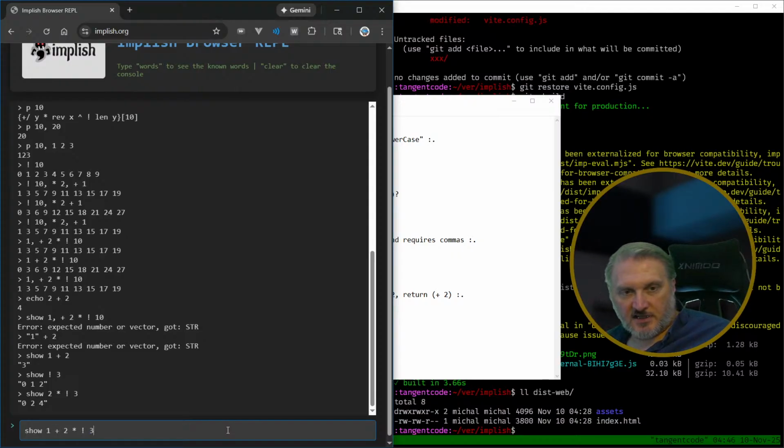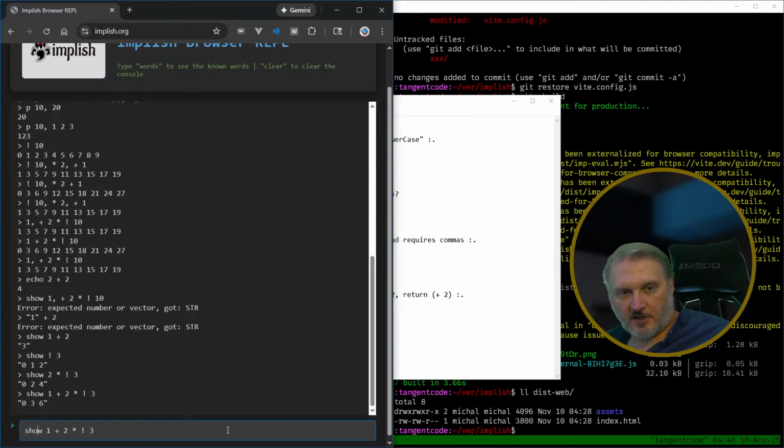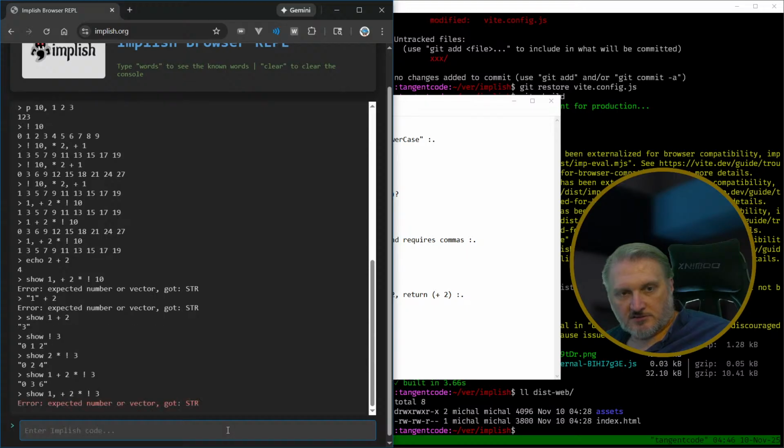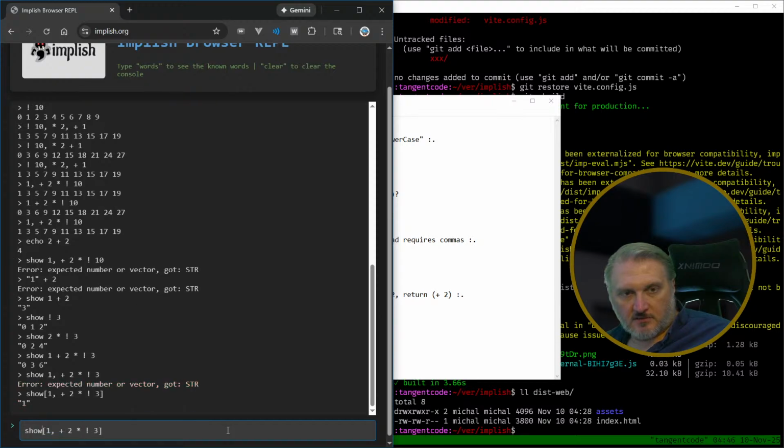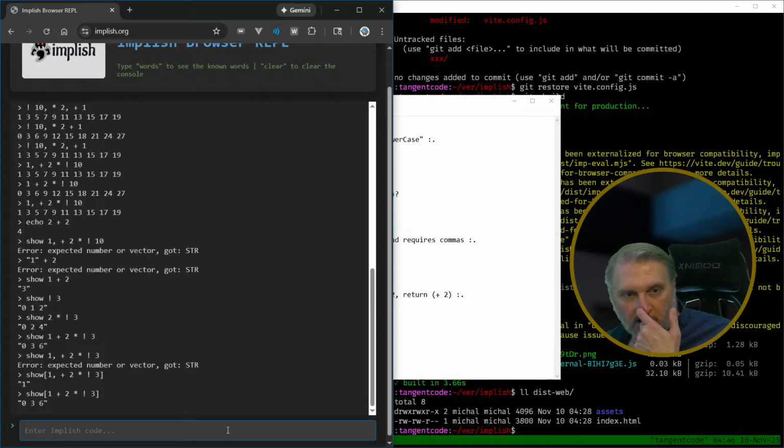But if I do this, now I want to put the third thing in there, I can't do this. This is going to show me multiples of 3 again. And if I put this here, now it's showing 1. So how do I fix this? Put brackets around. But that passed 2 arguments to show, I need to do this. No, right. That's right. What am I doing? Oh, I can say show 1 comma